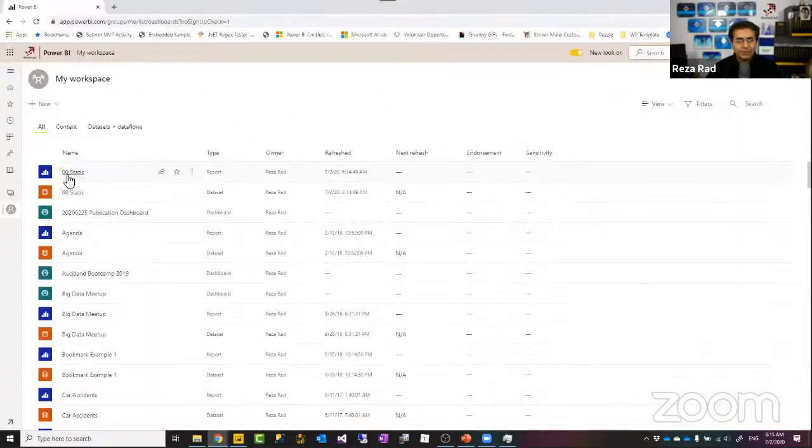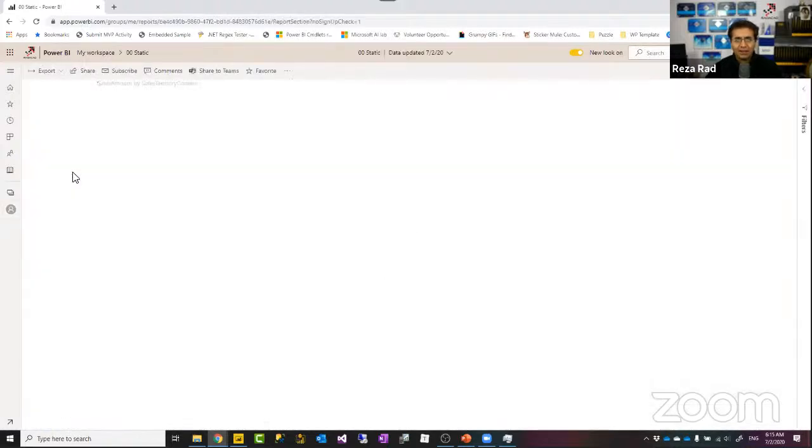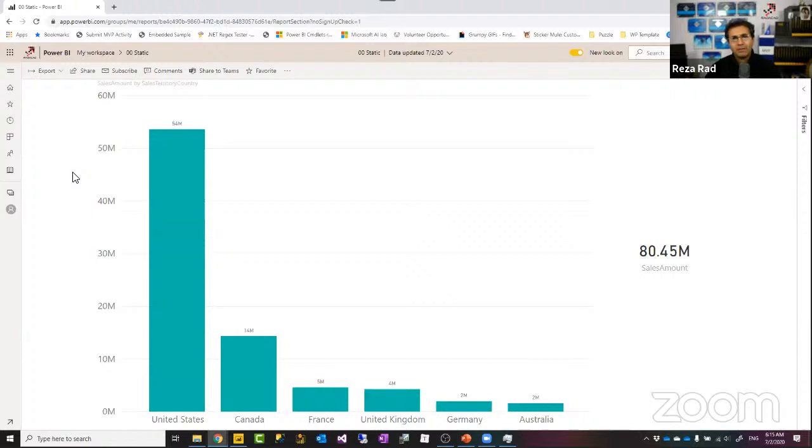So coming back here, now I see this is the report just published. I open that. Because I am the person who published this report, I'm the report owner. The report owner is able to see everything, like what you see here. I can see everything regardless of the row level security. I see all the countries because I have edit access in this report. The same happens if you publish the report in a workspace, and in that workspace, other users have edit access. As long as they have edit access, they will see everything. This row level security only works for read-only access.